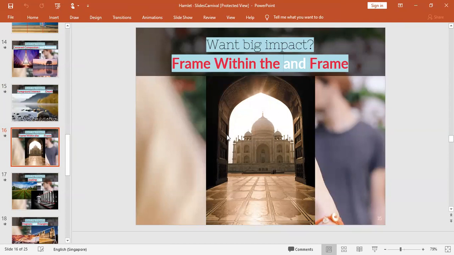Say this Taj Mahal picture has been taken through the entrance of the Taj Mahal, right? The entrance has been used like a frame for that picture, so it shows a clear, quality image. The sunlight and sun reflection are hidden by that frame, the entrance. That's why we are focusing on the Taj Mahal more. You can see that.